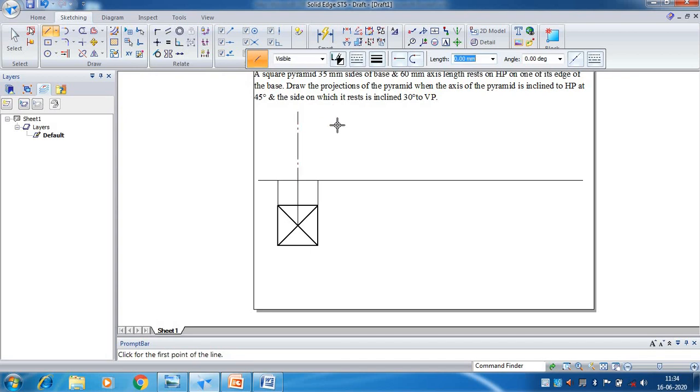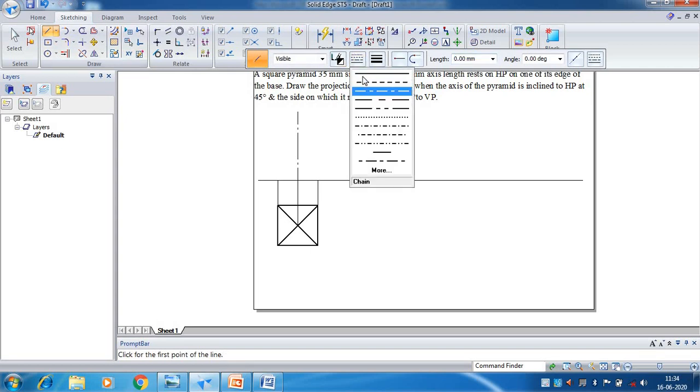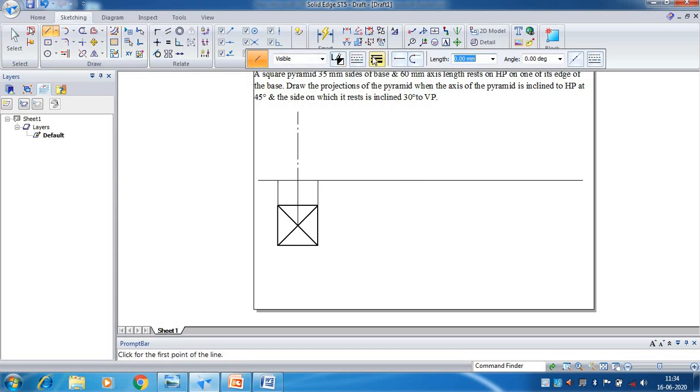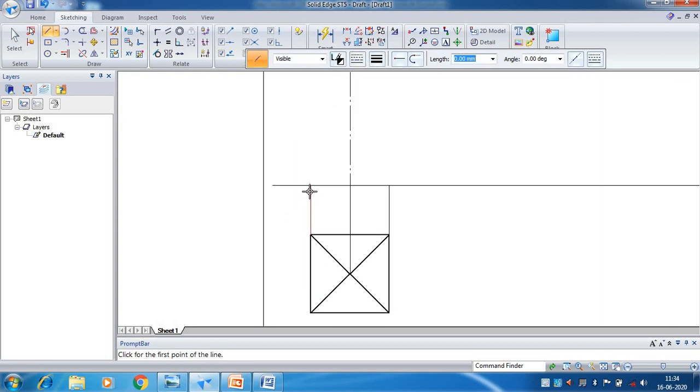Since it is a pyramid, when you look from the front, it is going to look like a triangle. So for that, again go to the line command, change the line type to continuous line type, line thickness to 0.5 mm because that is going to be our actual view. While drawing these lines, try to draw the base line in segments. The importance of drawing these segmented lines, I think I explained in the discussion of planes.